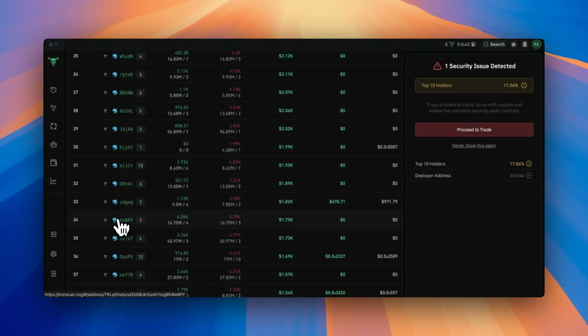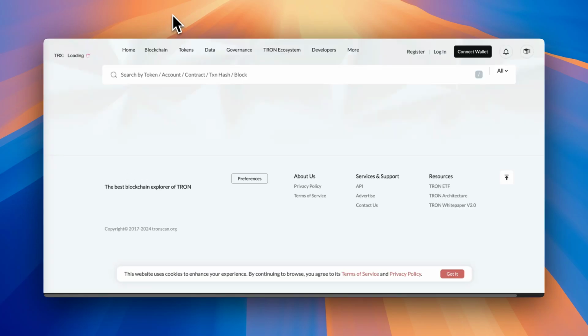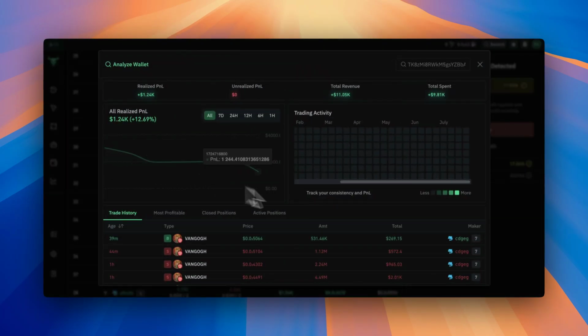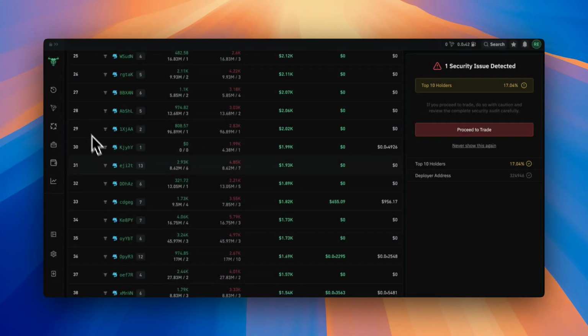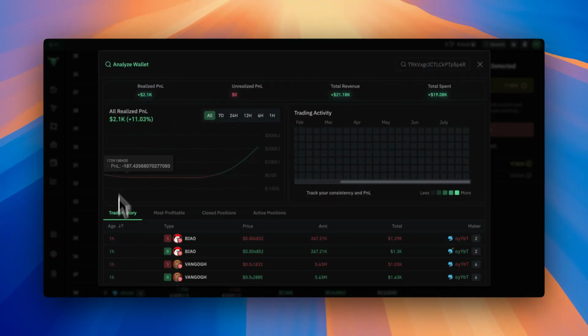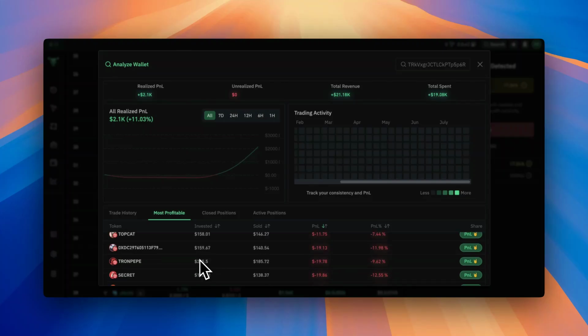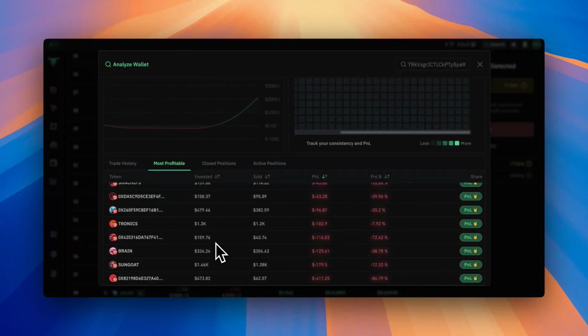And yeah, I have been spending time going through these different top wallets and clicking on the maker and seeing like, okay, he made a grand, okay, whatever, I don't really care about that. He made 2 grand, all right, I guess let's take a look. And if the majority of the profit comes from one coin, for example Van Gogh, it might have just been luck. So that's the other thing you have to get a feel for, based on their past transactions or by adding them to your wallet tracker and keeping an eye on them for a little bit.